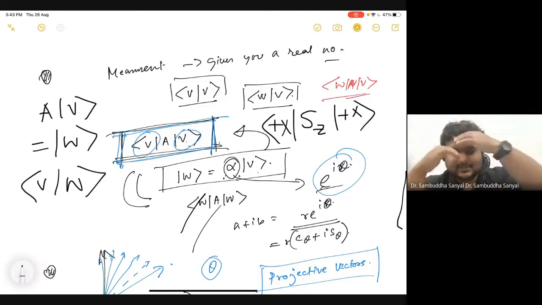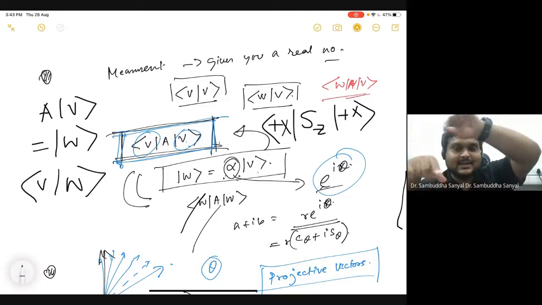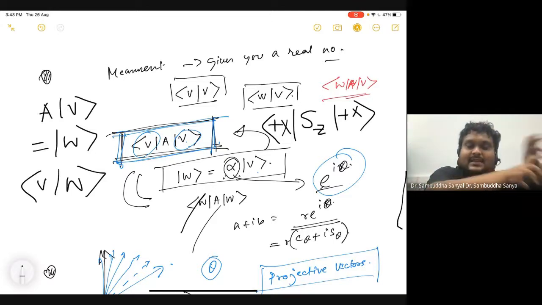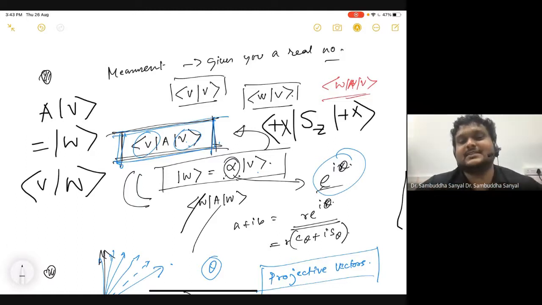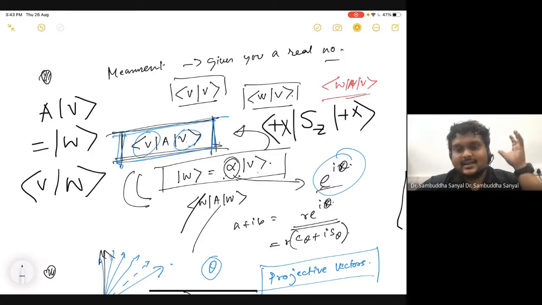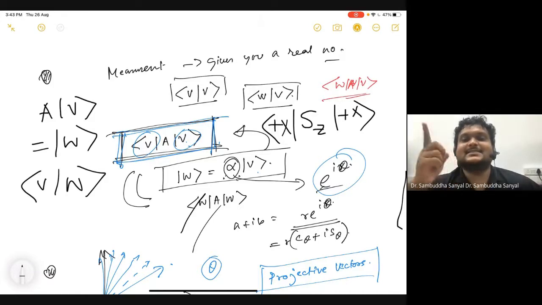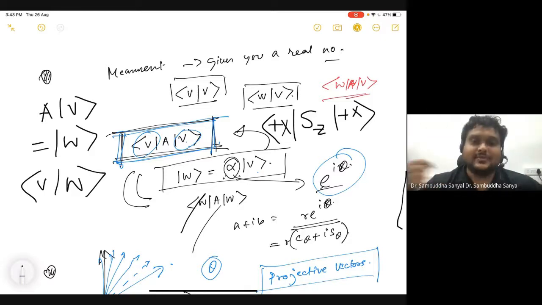What you are actually measuring is the distance, the deflection, and that is proportional to a physical property, which is this plus h bar by 2 or minus. That is always true, because whenever you measure something, you measure a deflection or a displacement in some other device, which is proportional to something original. For example, when you measure your weight, what do you measure? You measure the displacement of a needle on a scale, but that is proportional to your weight. It is similar to that.